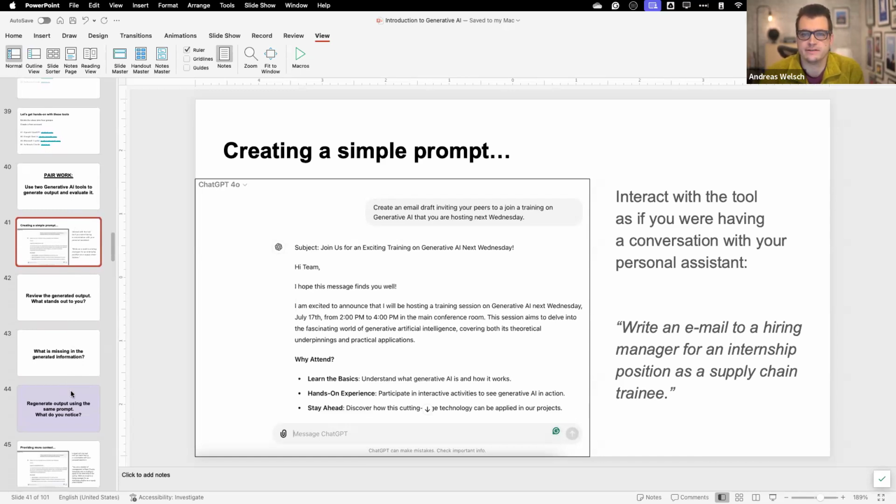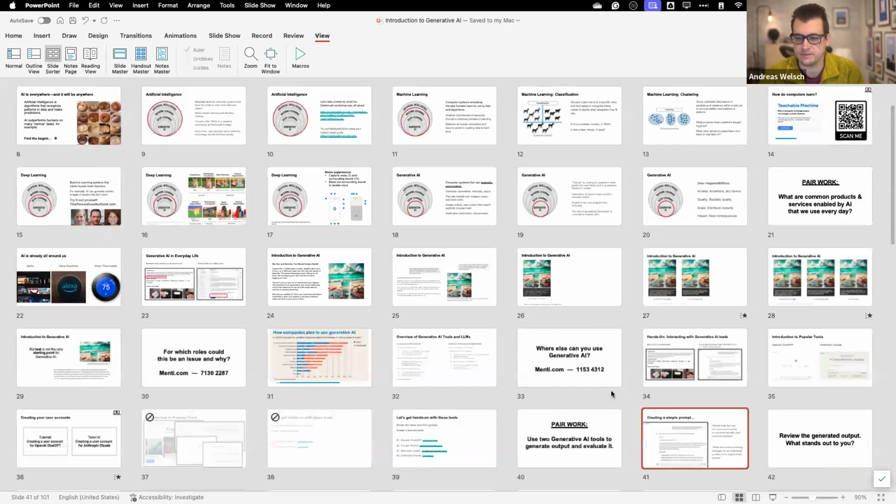Well, why is that? Well, just like us telling another person, can you write an email for an internship position? It's pretty generic. What internship? What company? What location? What is my background? What is my intent? Why am I applying? So we need to give it more context, which was the next thing then.